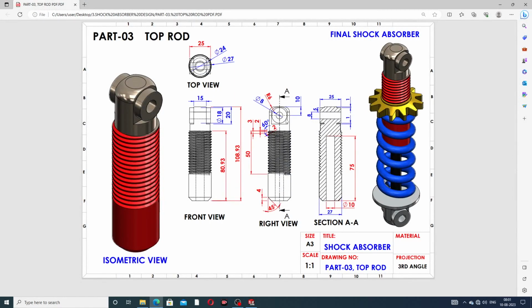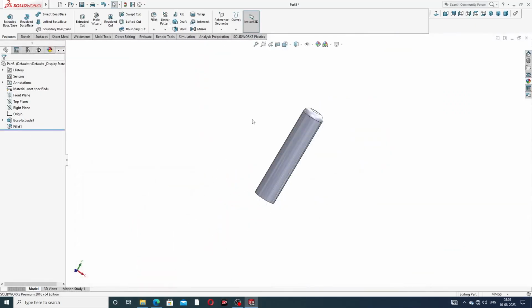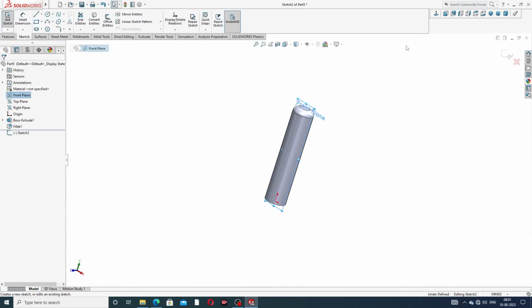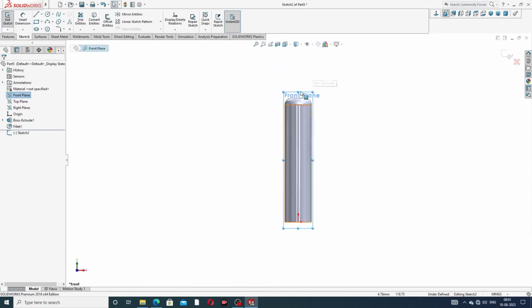this is a cutout. This cutout is very important, and its length is 20 millimeter, and the distance between both lines is 15 millimeter. And then select a plane, the front plane, sketch normal. Okay,